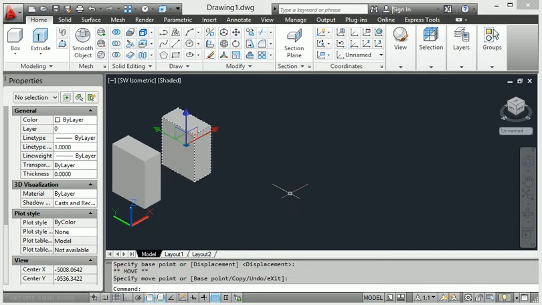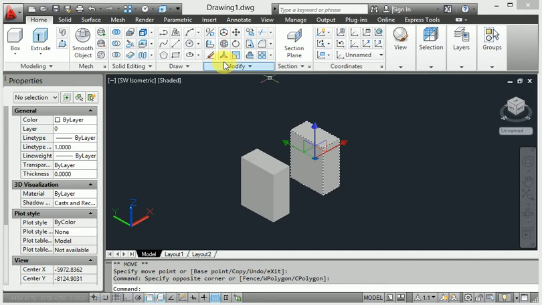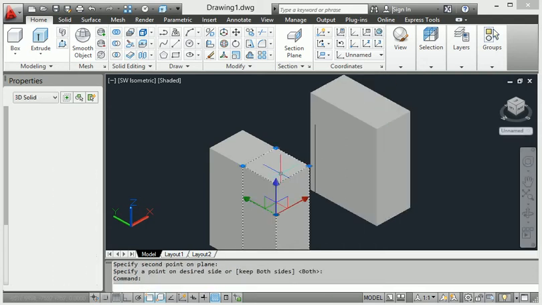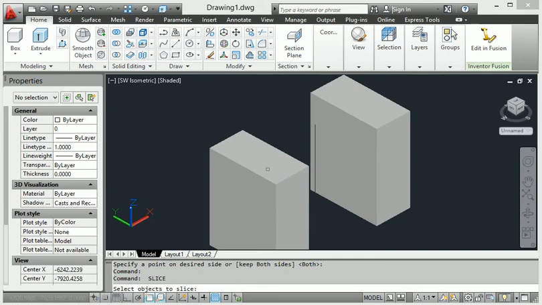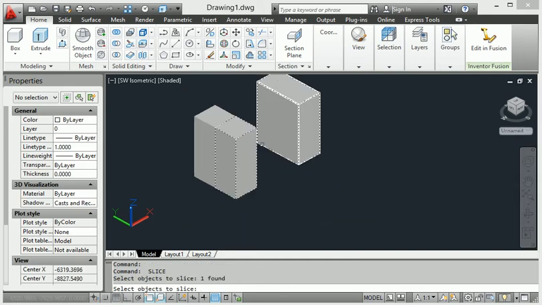Again I will show you this one. Select the slice command. When applying the slice here, select this body and enter, then apply the slice command and also click this point and enter. So this one is divided by the slice command, because I will tell about this component.